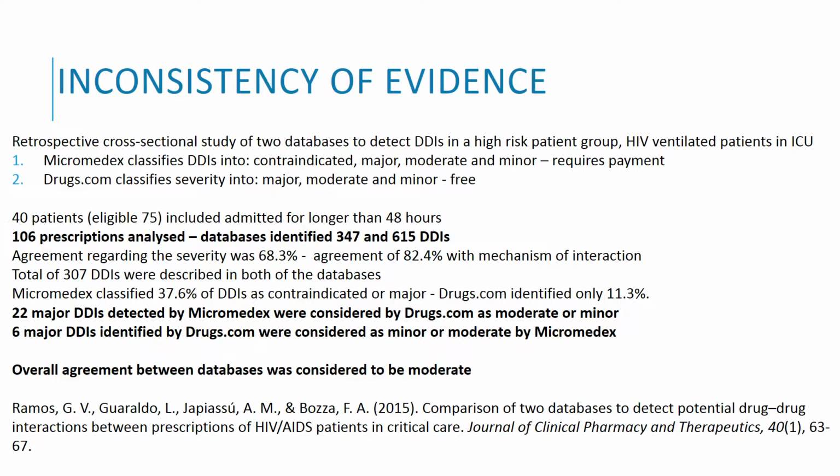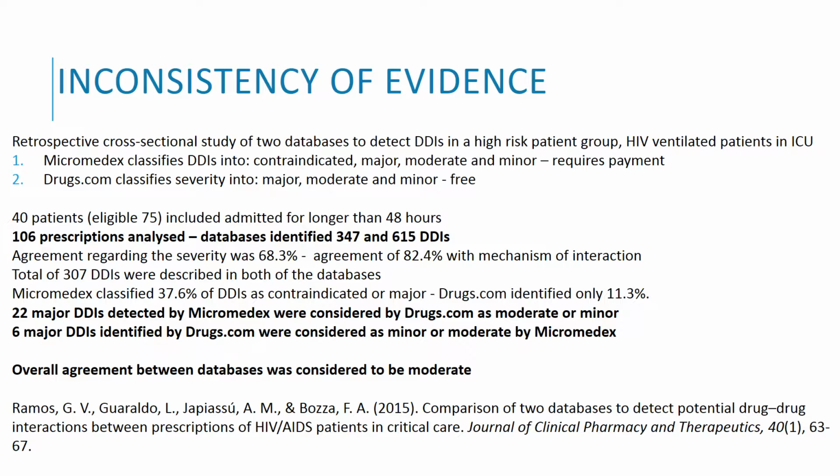So the two databases that they looked at were Micromedex, which requires payment for subscription, and it classifies drug-drug interactions into 4 categories: contraindicated, major, moderate and minor. They compared it to drugs.com, which classifies severity into major, moderate and minor, and is free. So it involved 40 patients out of 75 eligible who were admitted for longer than 48 hours. They analysed 106 prescriptions